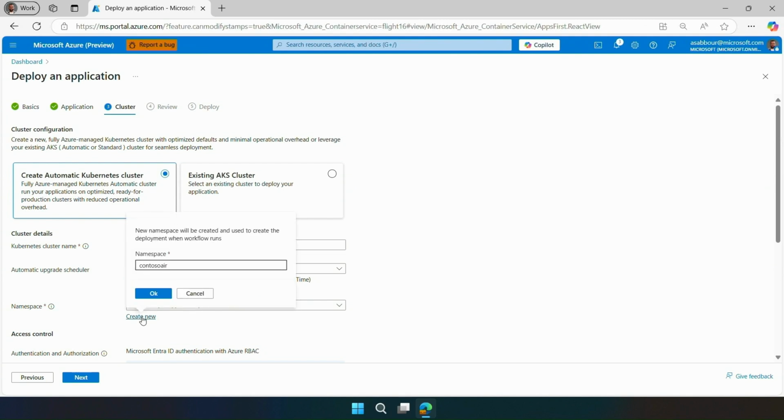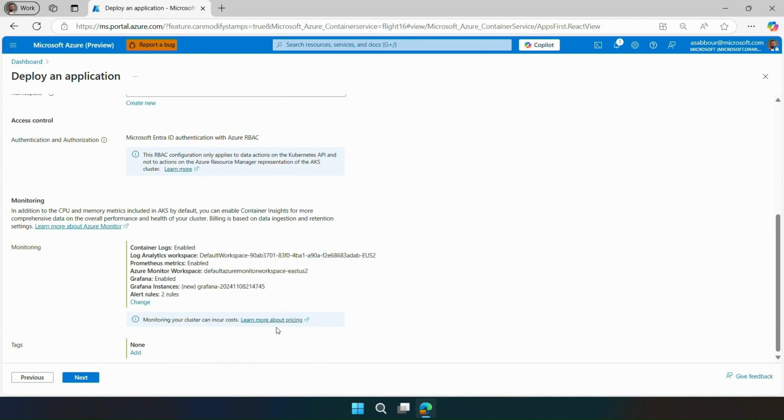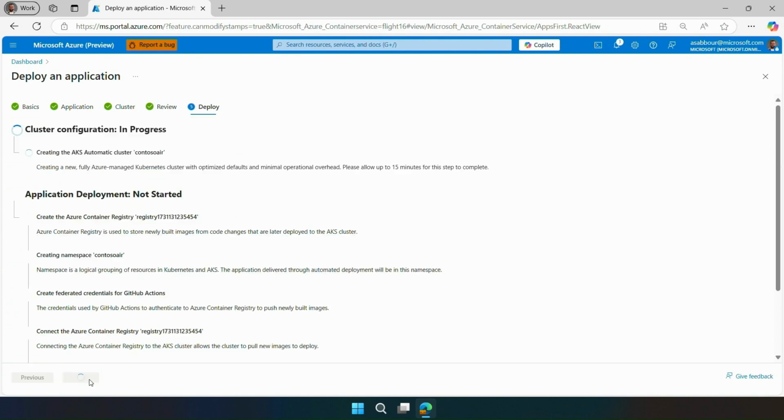So the only thing we need to basically say is give it the name for the namespace where we're going to land this, or it will be automatically generated. And you see right away that multiple alerts and default metrics are already being captured by these applications leveraging Azure Monitor, Managed Prometheus, and Grafana. So once this is done, usually this is where demos apply stuff directly, imperatively. That's not something we like to do or recommend.